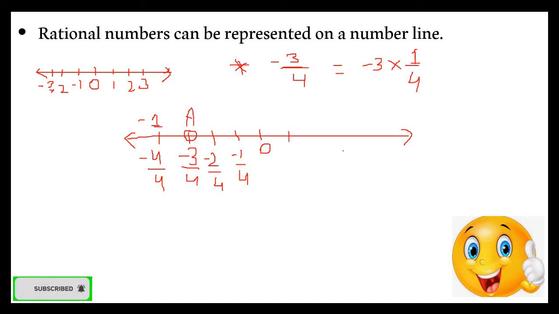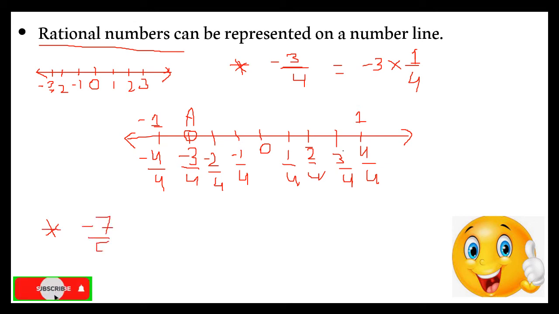Similarly, on the right side you can have here 1 by 4, 2 by 4, 3 by 4, and then 4 by 4. So this is how you represent your number line with the rational numbers given to you, right? Minus 3 upon 4. Now any other example, if suppose that you are supposed to locate minus 7 upon 5